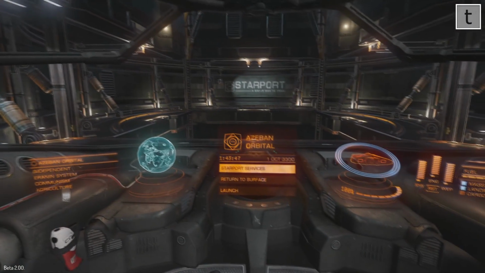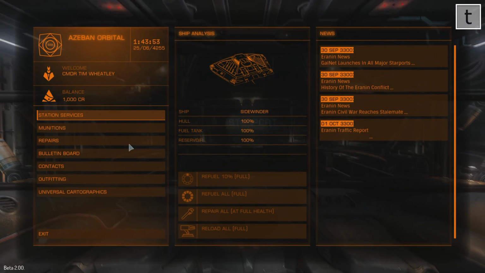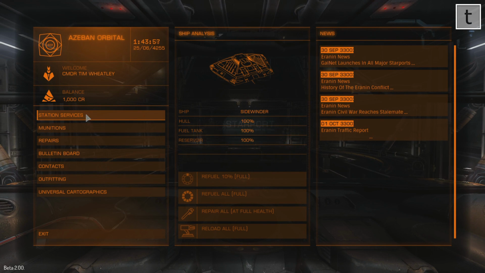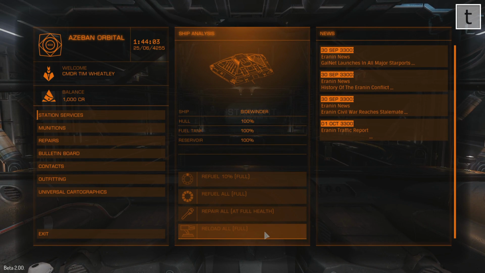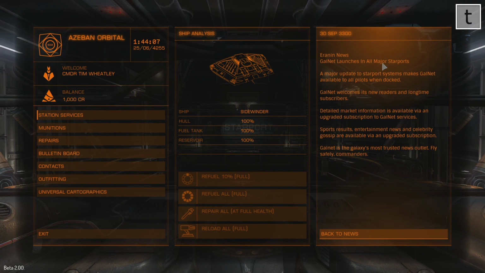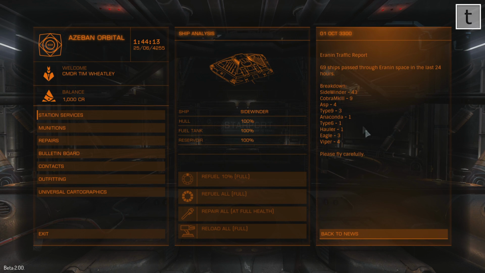So basically I'm just going to take you into the station here, give you a good look at the new UI. You could see a lot of changes in the cockpit as well, but this is a massive change. There's way more information. You've got the ship info right there in front of you, with quick access to refueling, repairing, everything like that. You have news over on the right side,